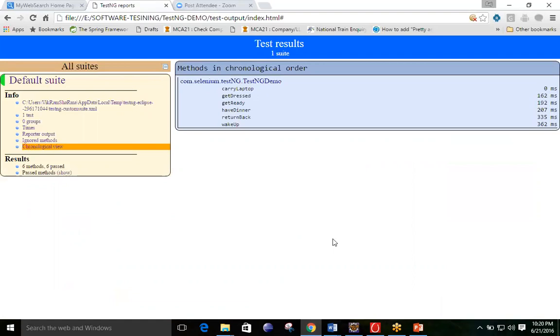From the next class onward, you will see some of the basics of Selenium WebDriver also, and then we will work parallelly with both. We will see the combination of TestNG and WebDriver together in our examples.